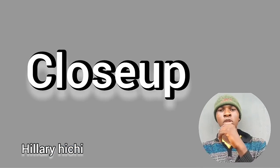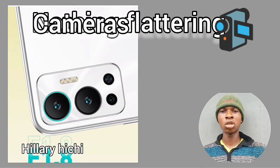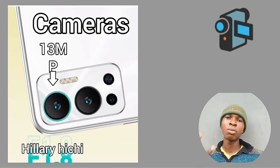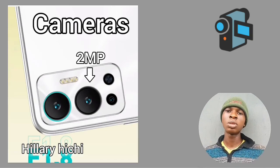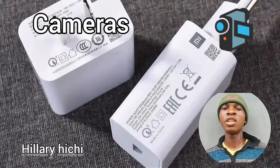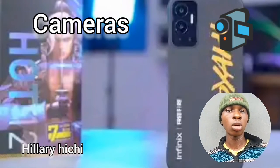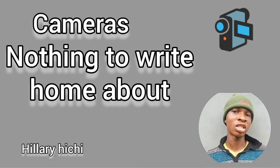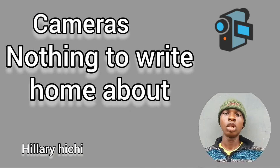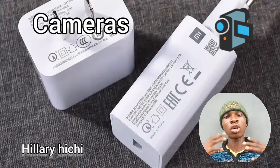And we'll close up all of this to take a look at that camera. Nothing flattering about the camera, it's only a triple camera setup, a 13MP main shooter, a 2MP depth sensor and an AI sensor. There's nothing wrong with the camera sensor as it delivers excellently during the day, but it is nothing to write home about during the night. The levels of macro are pretty small,